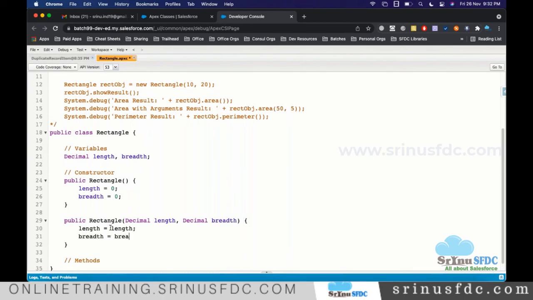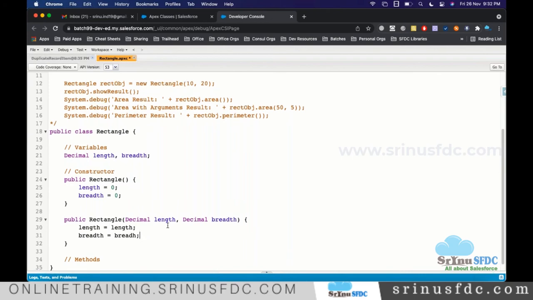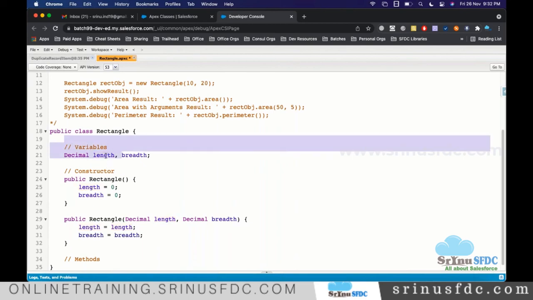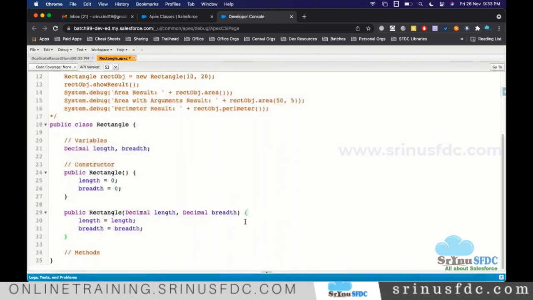When I say like this, it's like we are referring to this one, right? Because here, whatever parameter I am defining, this name is also the same as the class level variable, whatever we define, right? So when you have the same name, the system only points to whichever is more local, right? Within this block, this is the one with the length. It will point to this, and due to this, it is not in picture.